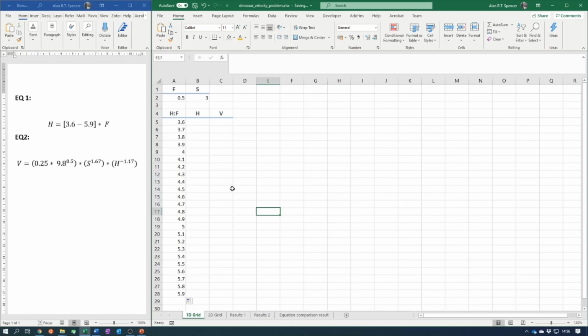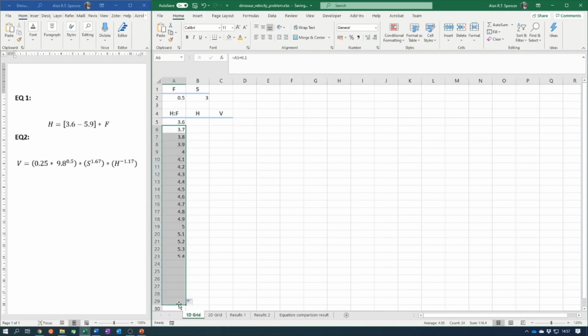Now if I just go backwards, Control Z, there's another way of doing this. We can use an equation. So here we can have our 3.6 as standard. We can then have here our original value, which was 3.7, replaced with equals. So we're going to write a formula. We select the value above, which is our 3.6, and we just say plus 0.1. Enter. It calculates that. Now, if we select 3.7 and drag down,